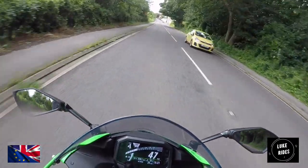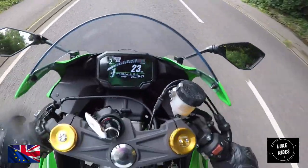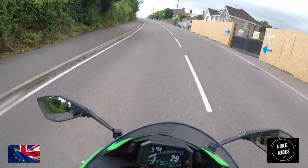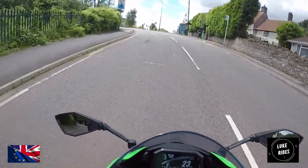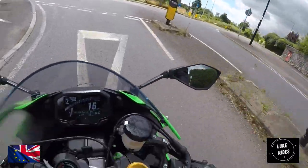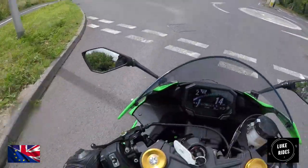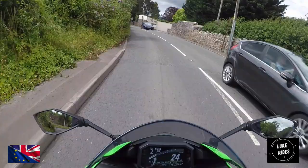So that's really useful from a performance perspective, because you lose that second and a half of having to change up a gear. When you're opening her up with all that torque and power, your hand is pretty much being pinned by the G-forces. To actually change up a gear while accelerating on that race bike is quite tricky. So having that upshift is really useful, but you don't have